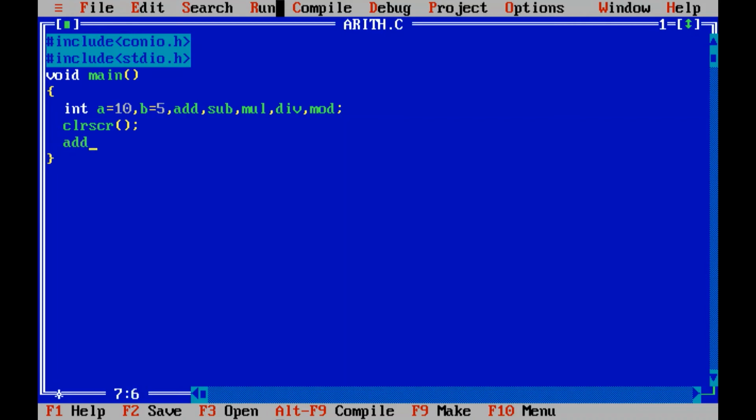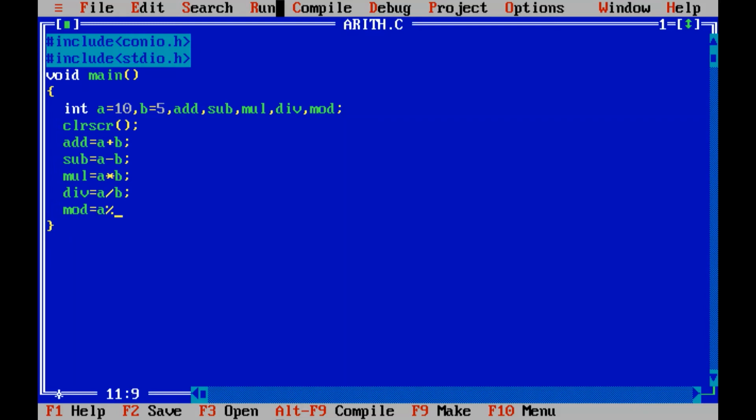First we'll do the addition. The first operator is a plus b, then subtraction, a minus b, multiplication, a multiply, that is the star sign. Then division, remember for division you have a slash, and for mod you have the percentage sign.